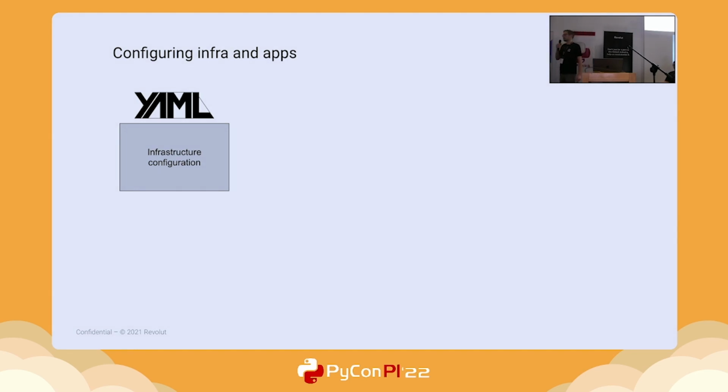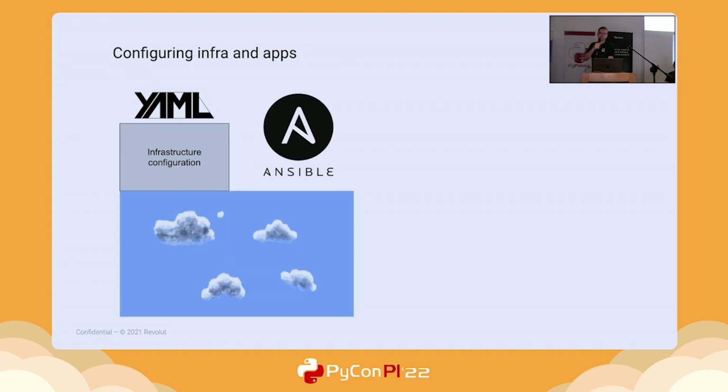So we start with YAML. YAML files constitute the basic configuration for anything that happens inside Revolut. It's both infrastructure and applications themselves. We have automation that simply sets up the cloud based on some YAML configuration, and based on that, we are able to quickly set up a new cloud if it is needed. Even if we make a mistake and the YAML is invalid, this change is not applied because automation takes care of validating those configuration files.